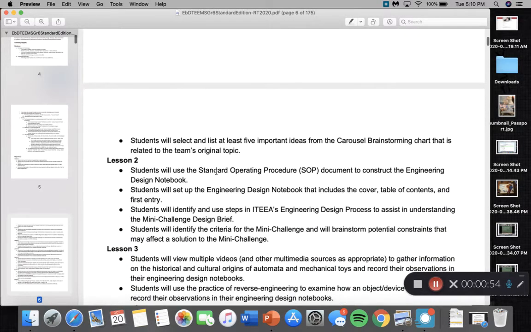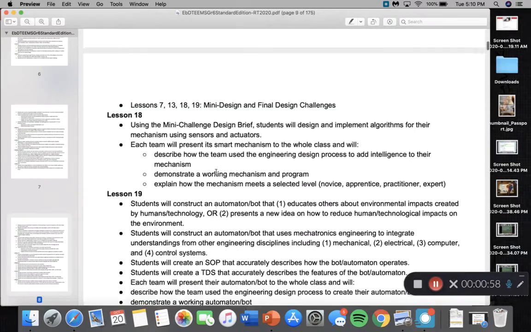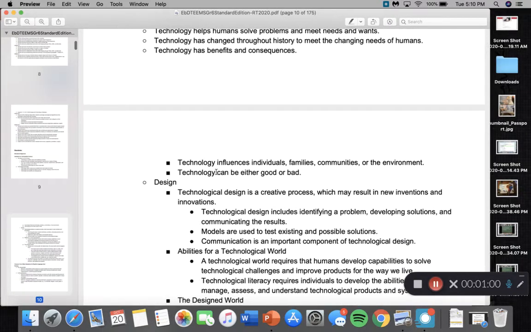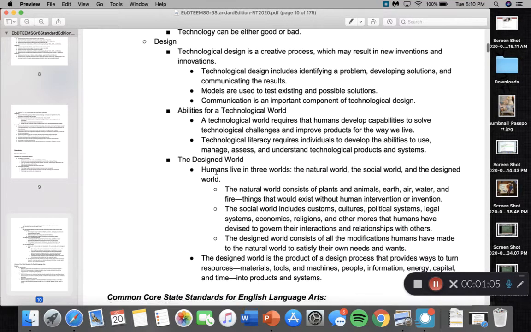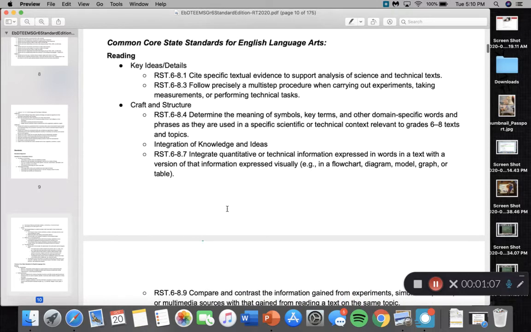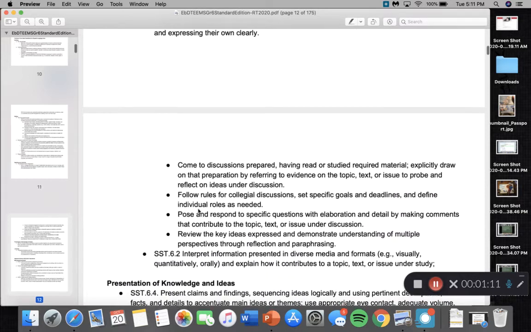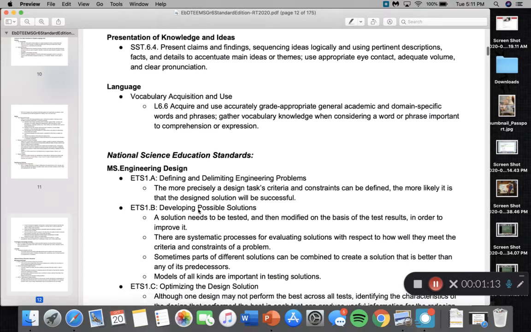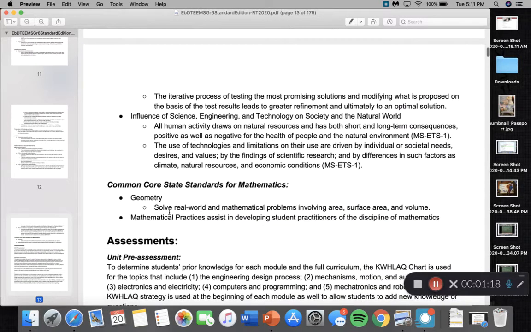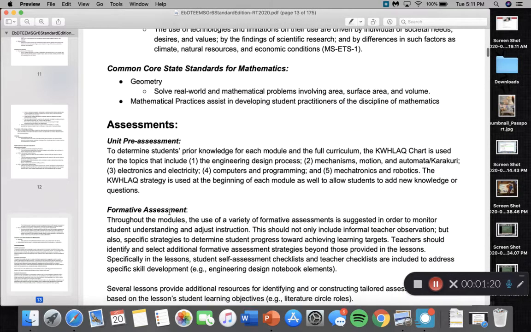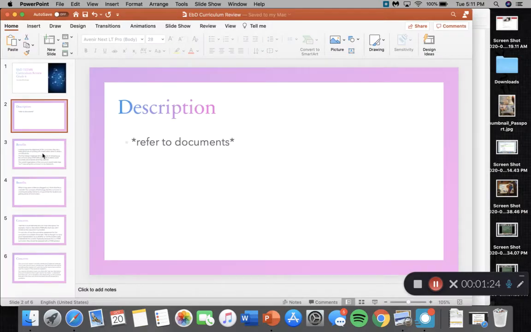It has the objectives of all the lessons, and then it goes into the standards, and they use a lot of standards from all the contents. So they have literacy, and then they have language arts, which includes reading and writing, and then they have presentation standards like speaking and listening, and then they get into the engineering standards and the Common Core for math and all that. I'm going to go back to my PowerPoint and just say some of the things I like